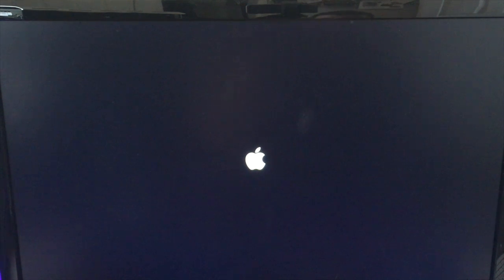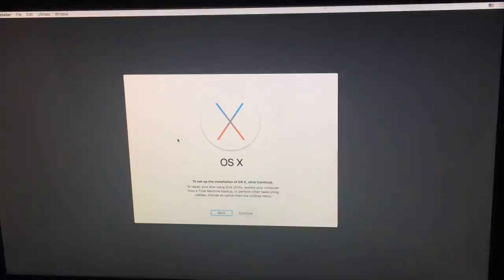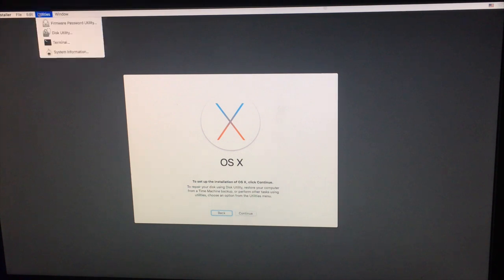After it goes ahead and loads off of the actual drive, it will take a few minutes, and then you'll be prompted with this screen. Now before we do anything and actually continue with the OS X install, we want to go ahead and format our hard drive. So go to Disk Utility,